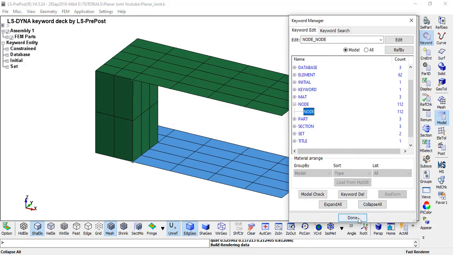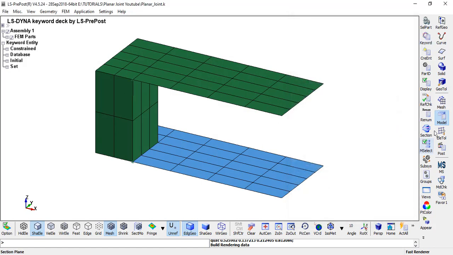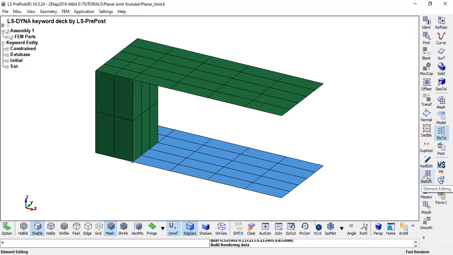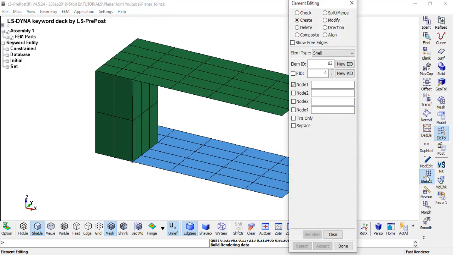The nodes can also be created the other way, by going into element tools, element edit, create a node this way by selecting the element type.